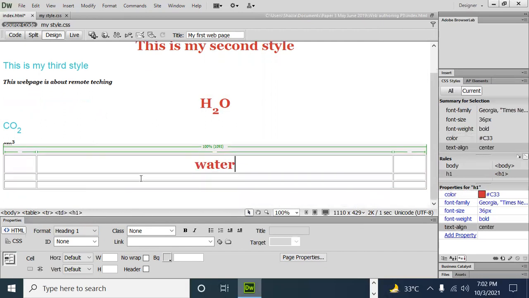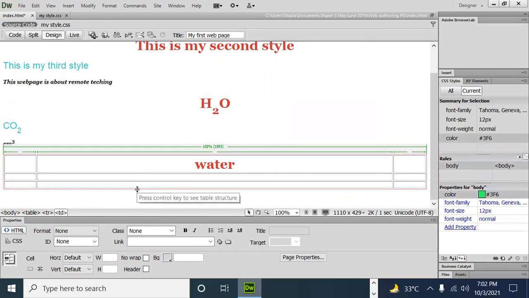Okay, so now the second is, suppose, carbon dioxide. Carbon dioxide.